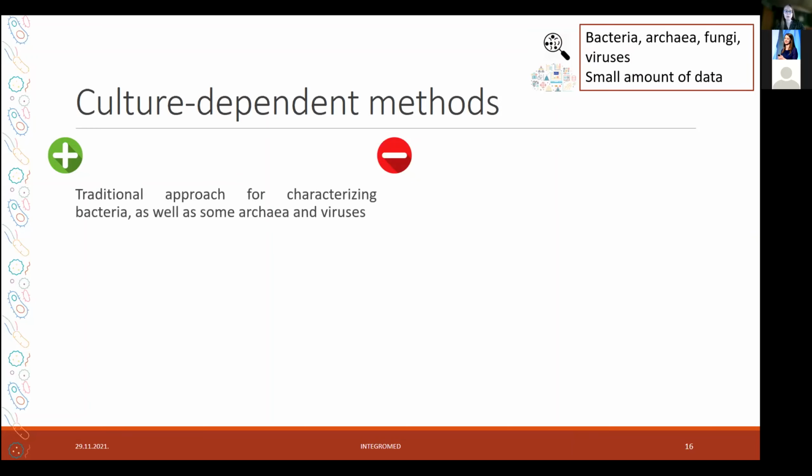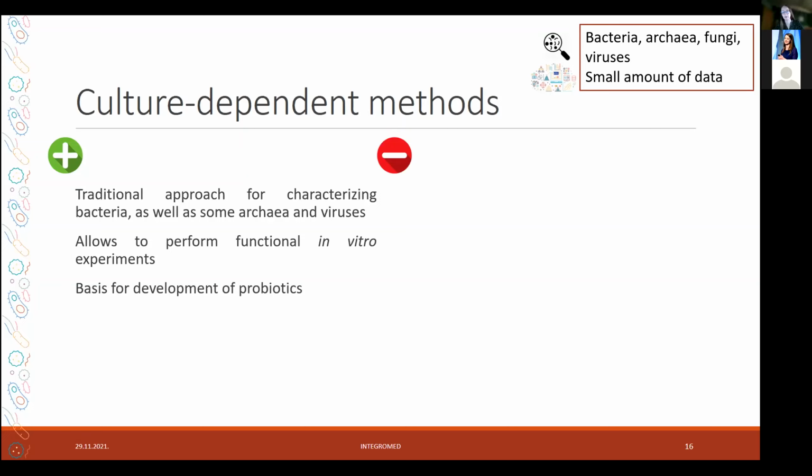If we talk about the positive sides of culture-dependent methods, it is quite a traditional approach for characterizing bacteria, as well as some archaea and viruses. It allows performing functional in vitro experiments. They are really significant for a lot of further steps. For example, they are the basis for development of probiotics. You need to be able to culture them. And of course, in the in vitro experiments, you can add some other metabolites or some medications that you're studying, and evaluate the reaction of some specific microorganisms in